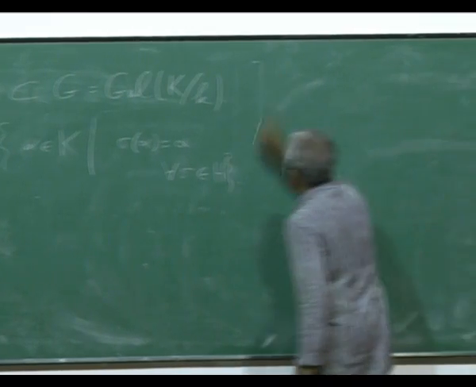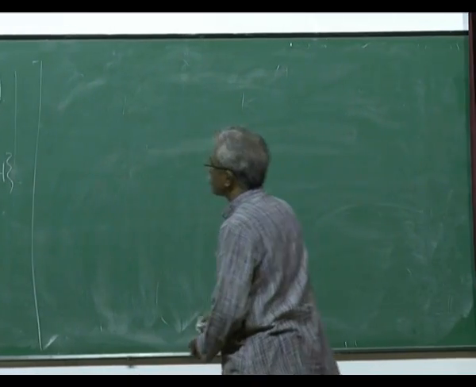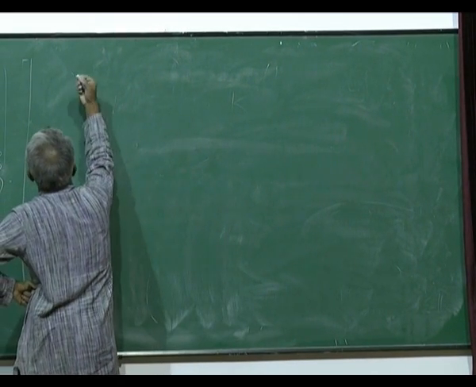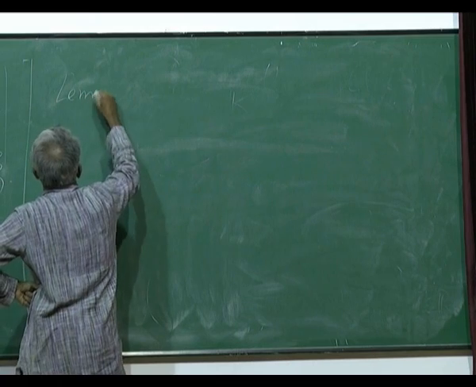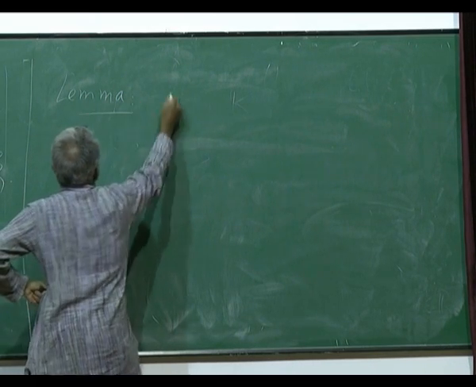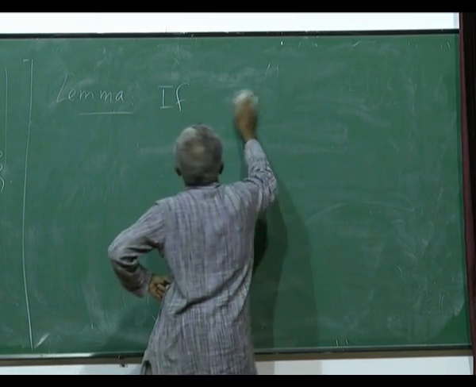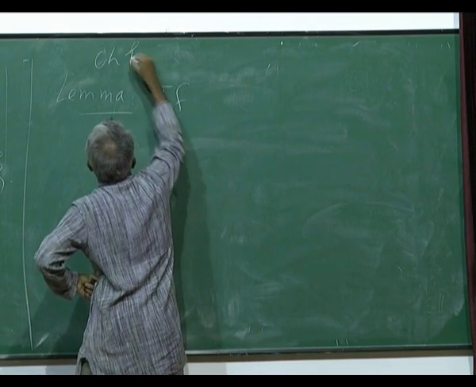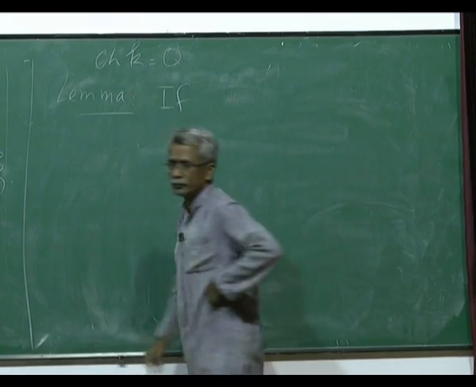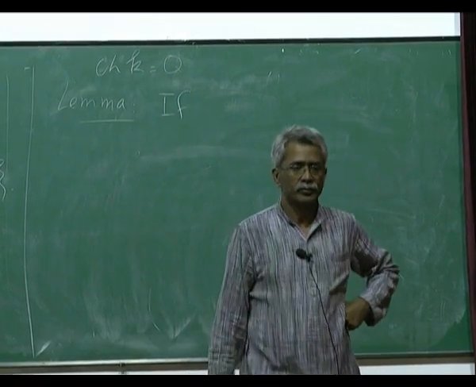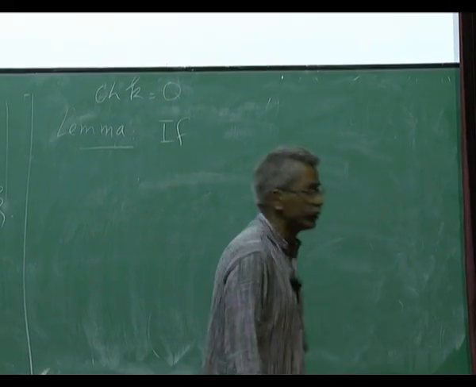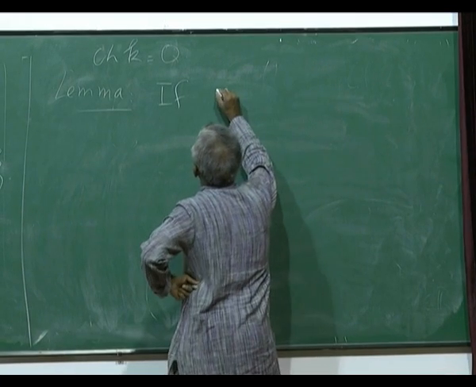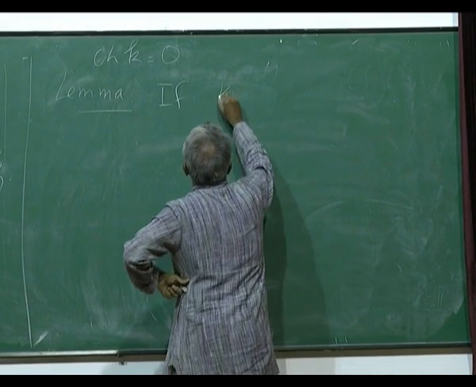Now, I want to make the following statement. This is a lemma or theorem, I don't know, lemma. We will always assume characteristic 0 just to forget positive characteristic in this. If capital K,